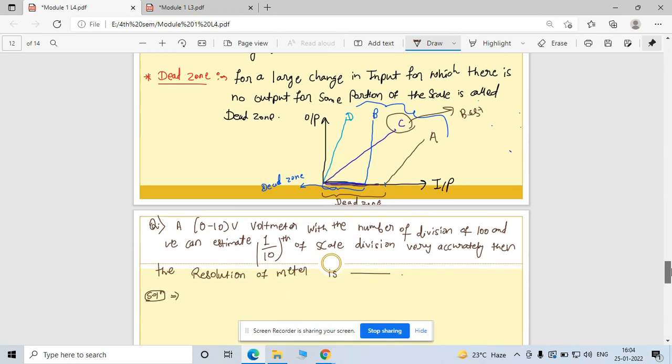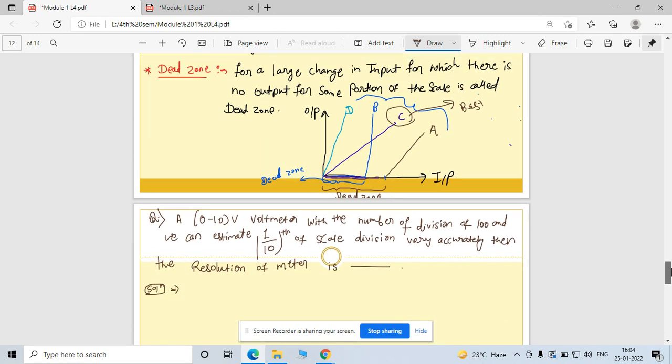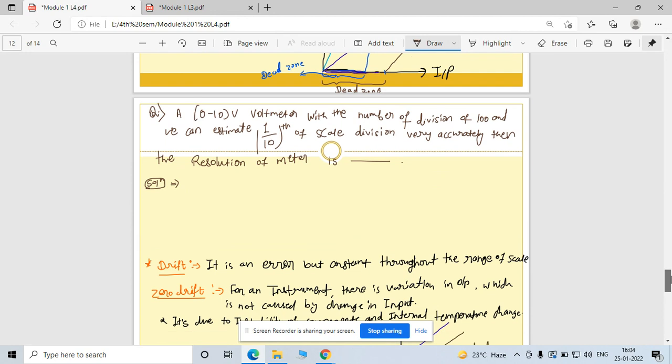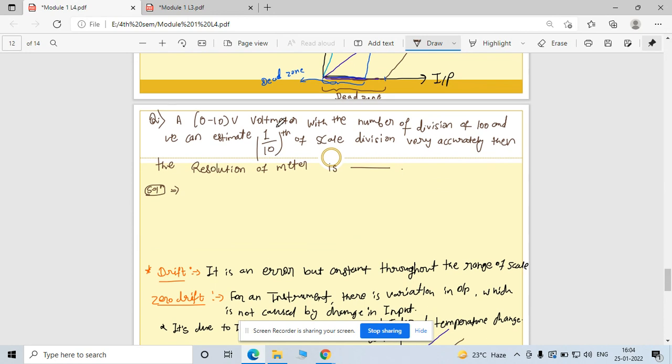So the linear instrument is the best one among any non-linear instrument. Now in this question, you want to find out the resolution of the meter. Resolution of the meter, we saw just above, right? What is the resolution? Resolution is full scale reading divided by number of scale divisions. Full scale reading is 10, and the number of scale divisions is